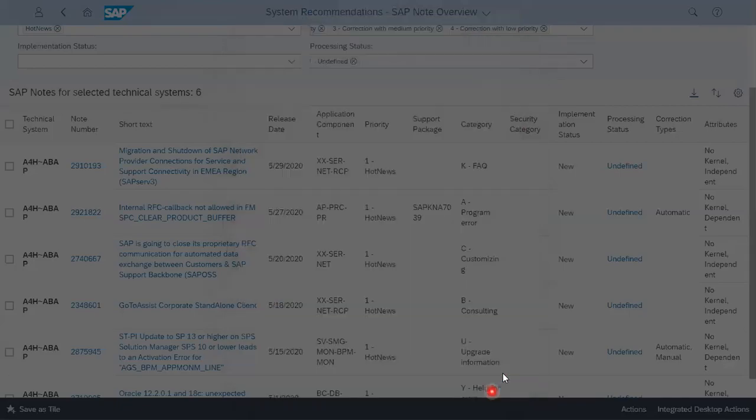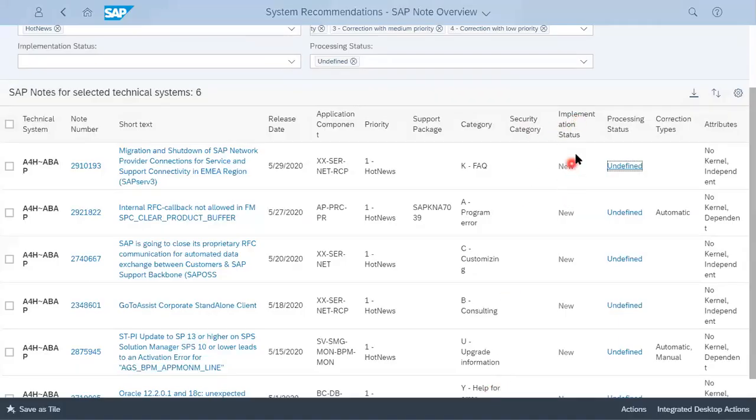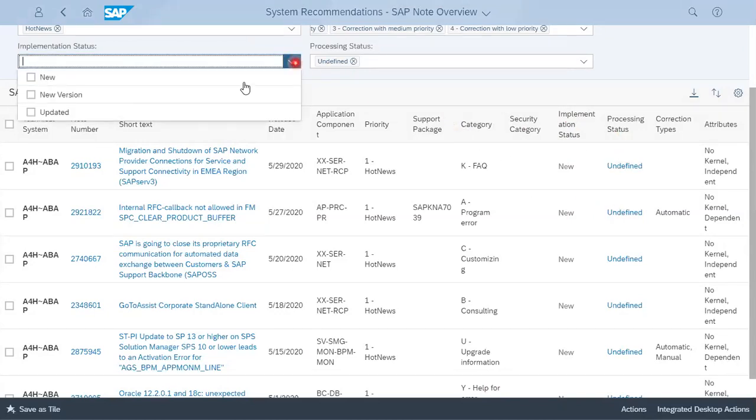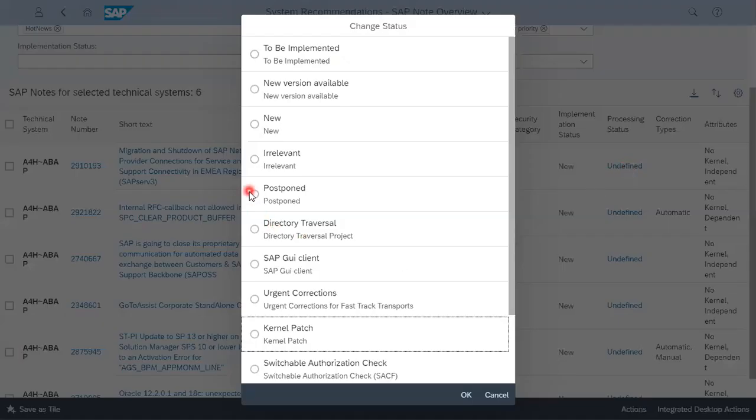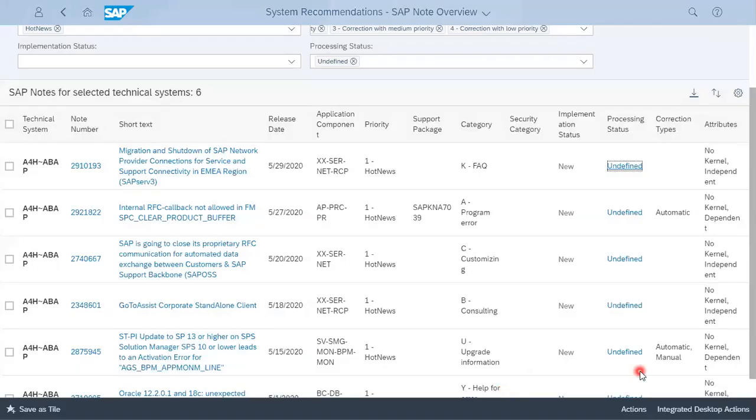into a different status. Currently we are seeing that all implementation status is new, but if we make changes in the implementation status, then it will change from new to updated. There are other statuses as well, like if I click here, postponed, irrelevant, so that we can also select, and once you select, it will disappear from this list.